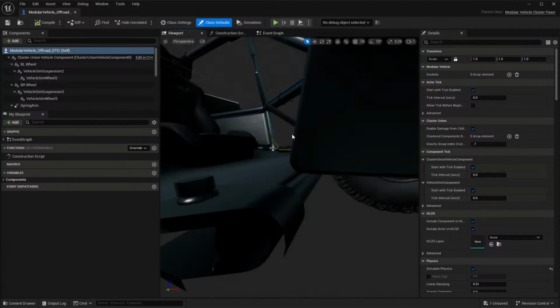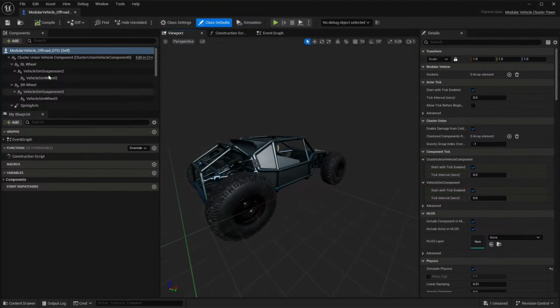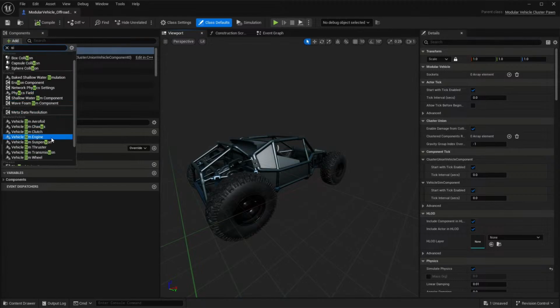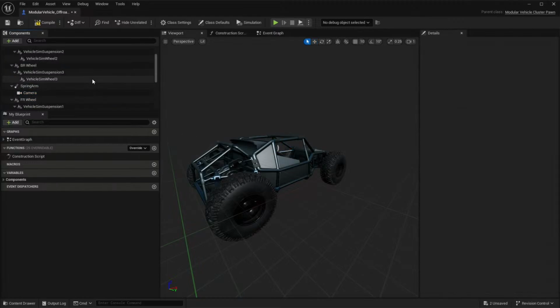And then if we look in the viewport, what we end up with is the little buggy. The way it works is essentially you can add a module. If you just type sim, you can see there's all these little vehicle simulation modules. You can add chassis, clutches, engines, and you need to add an engine and a clutch and a transmission to get the thing to actually work. Each one of these modules has a ton of different controls. I don't need to add another transmission because it's already there, but you can see all the different controls for adjusting exactly how that transmission is going to work.